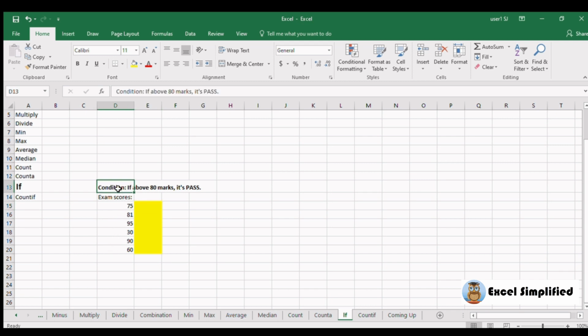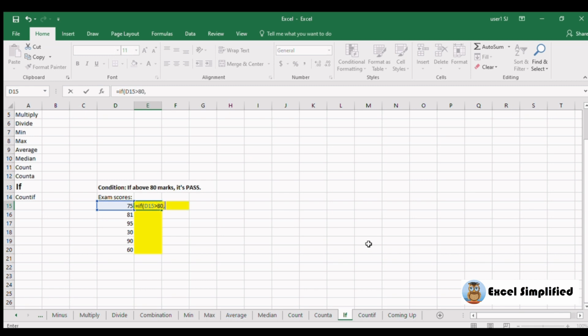So I'm setting a precondition here that anything above 80 marks is considered a pass, and anything below it, they are a fail. So I'm going to put in equals IF this cell's number is above 80